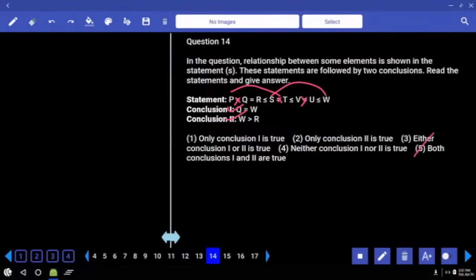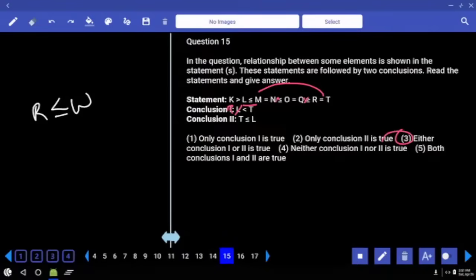And 14th one, now in this question number 14, then Q and W. W is here. Now Q and W and Q and R. Q and R are one and the same. Hence in the place of Q, you can take it as R. R equals to B, W, and W greater, R lesser than W. Hence between R and W, now what is the final conclusion? R is either lesser than or equals to W. Either lesser or equal. That is W, either greater or equal. Either one, not either one, choice 3, question number 14.